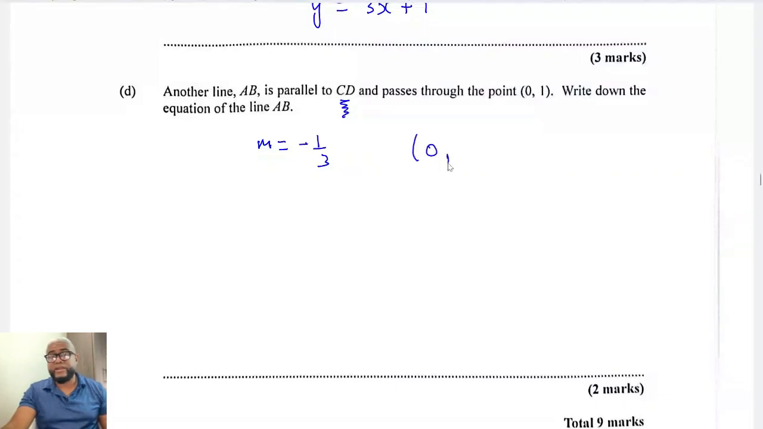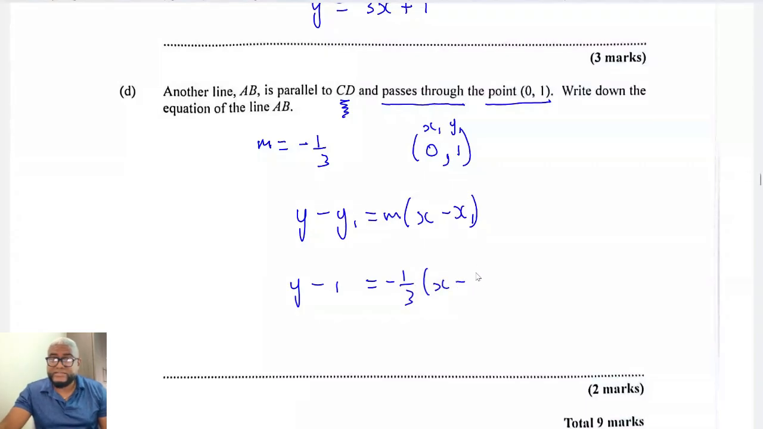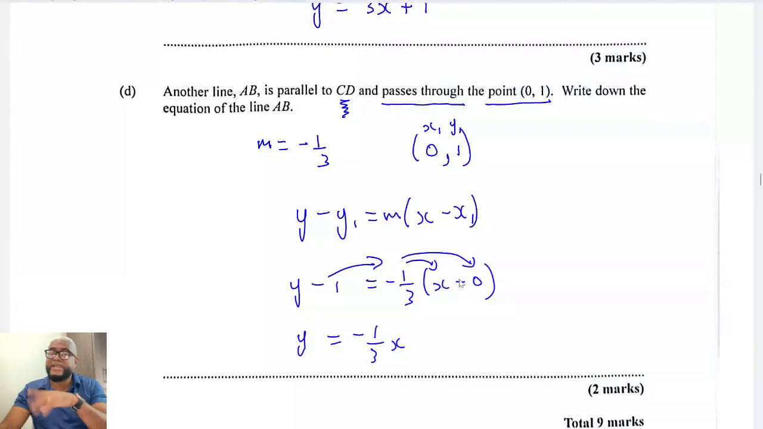And then you have a point on the line 0, 1, right? So y minus y1 is equal to m into x minus x1. This will be an x1 here. This will be a y1. That's a point on the line, right? It passes through this point. So it'll be y minus 1 is equal to m, which is negative 1/3, by x minus x1, which is 0. Y would be equal to, we're multiplying this. So it'll be negative 1/3 x. Negative 1/3 by 0 is 0. And then minus 1 becomes,